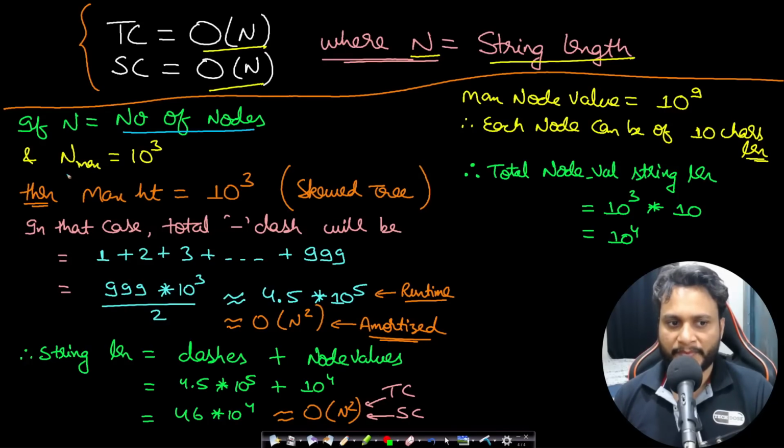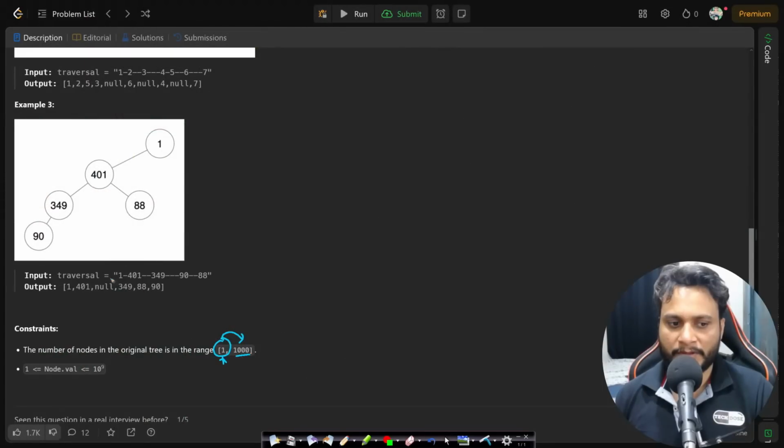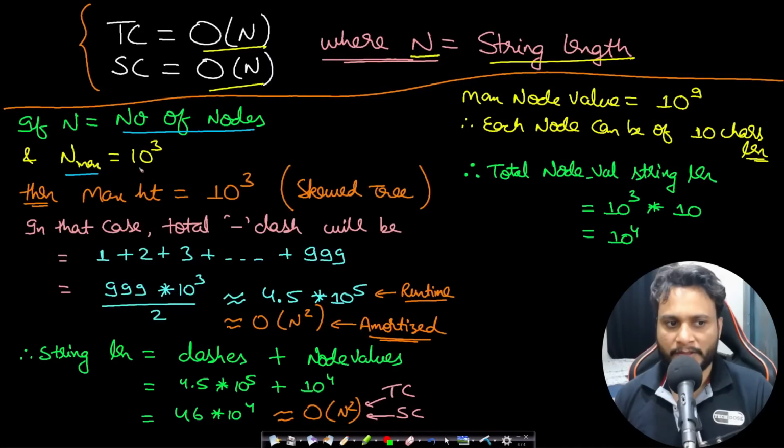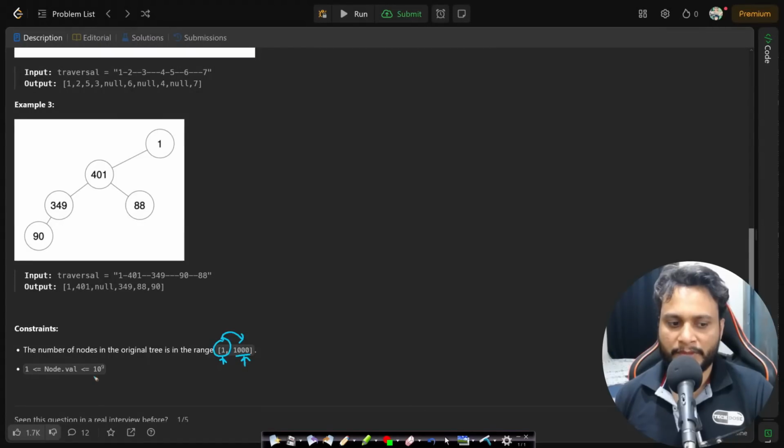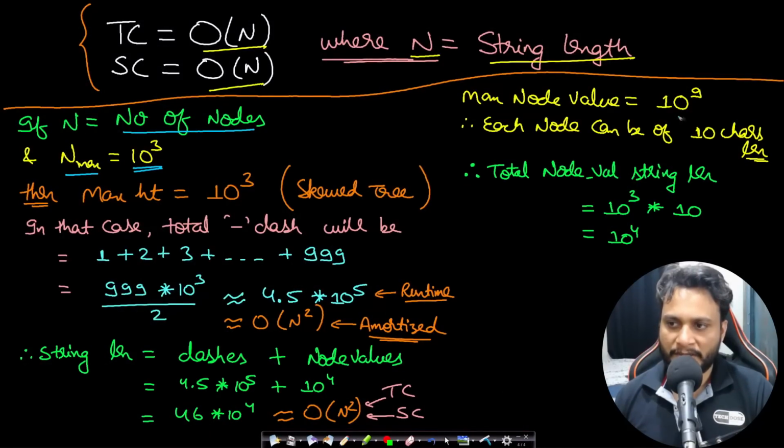In this case, the n max value, as you can look, the n max value is 10 to the power of 3. Okay. So 10 to the power 3 nodes we can have at maximum. So since each of the node value can go to 10 to the power of 9, which is a 10 digit number, right? So that is why the string length which is consumed by just mentioning the node values will be 10 to the power of 4 length. So this can be considered to be 10 times of n, which can be considered to be order of n